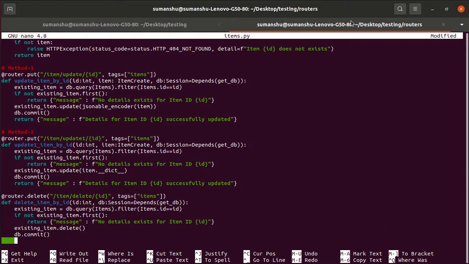So here, after the commit, we have to return a message: f string, item ID has been successfully deleted.